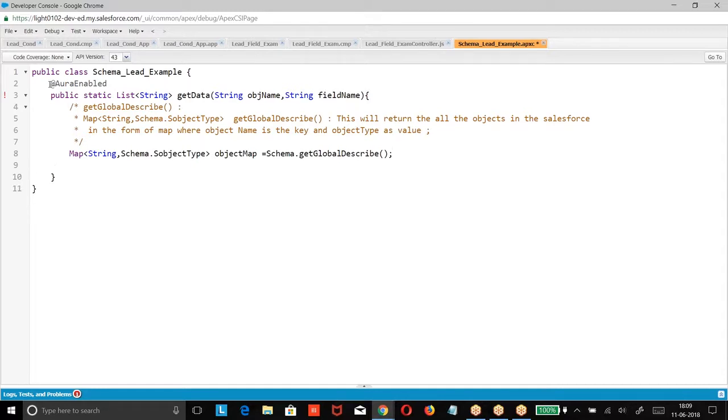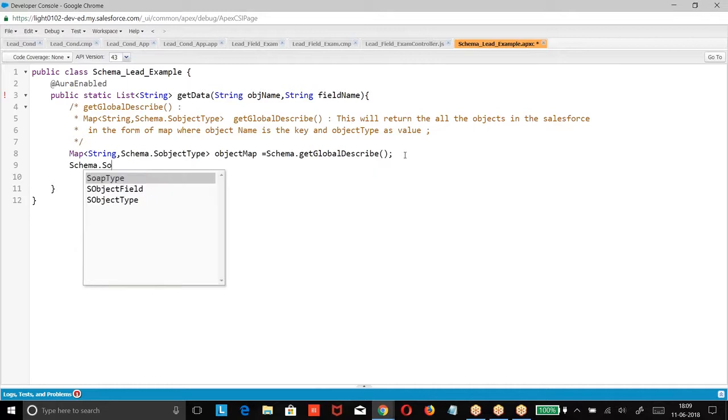Fine. Once you got this, now object name is in the form of key, object type is in the form of value. So we already know the object name. If you know the object name, what can we do? We can get the object type.